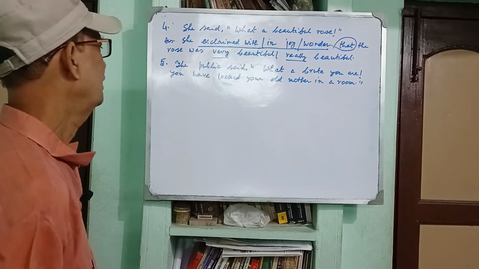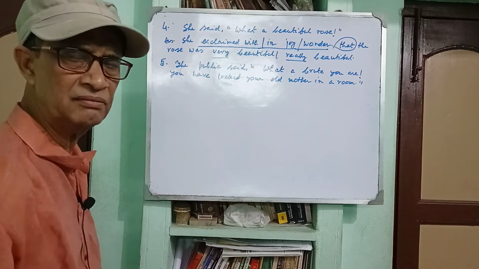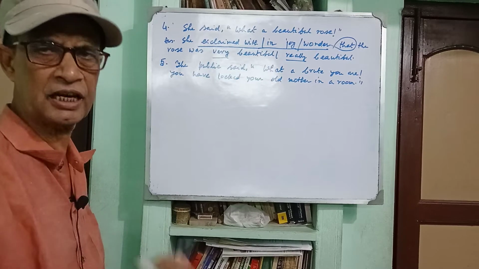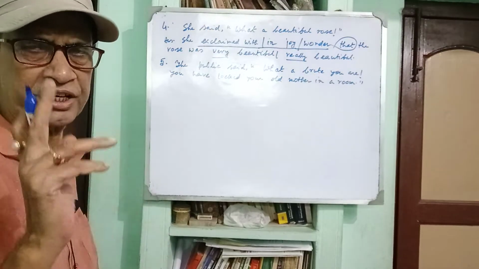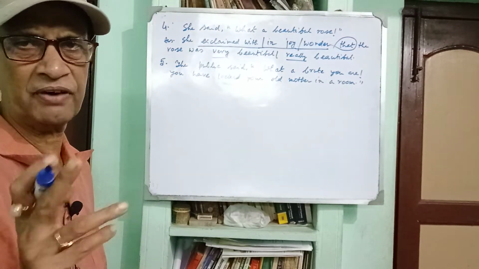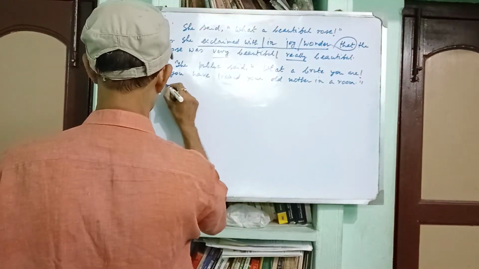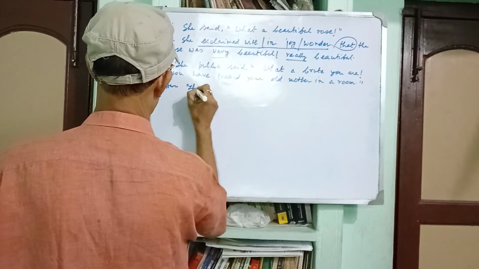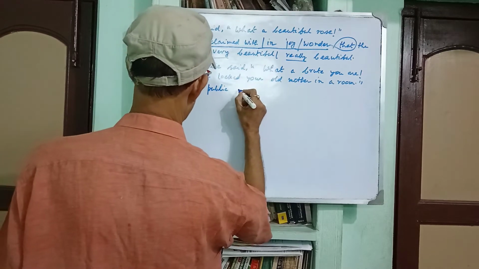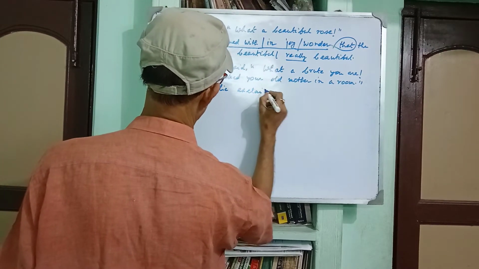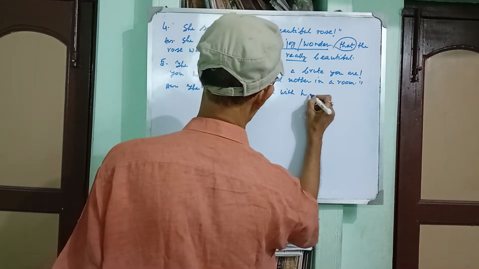Clear? So the public threatened the man. The public exclaimed with hatred. Hate is the verb and hatred is the noun form. The public, answer: The public exclaimed with hatred